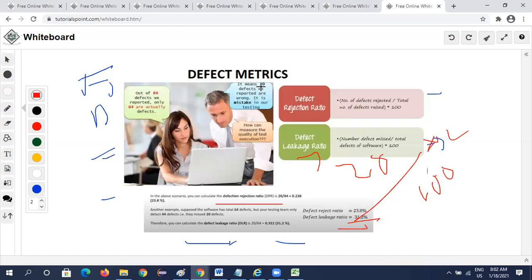They prepare a report on what we do, and they will send it. So this is how we find out the defect metrics.